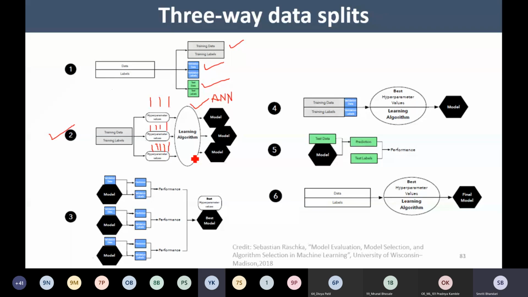Ma'am, please repeat ANN. Okay. So in ANN, see, this is just one example that we are using ANN as the learning algorithm, not necessarily ANN. It might be any learning algorithm. Okay. And if we consider any learning algorithm, we are having few hyperparameter values. If I go with k nearest neighbor algorithm, then the value of k would be the hyperparameter. So if I am having 3 different experiments, I will have 3 different values of k, right? And based on these 3 values of k, I am going to learn.